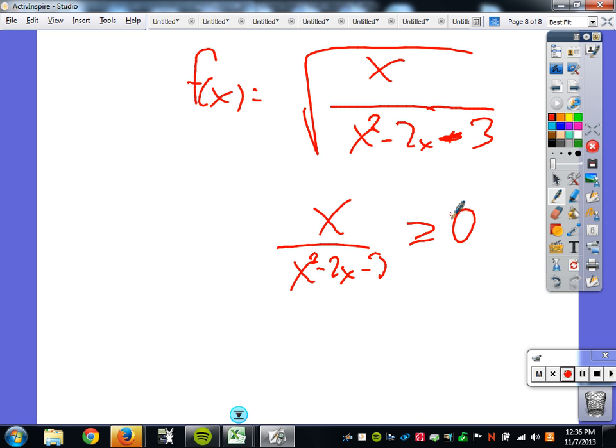Okay, ladies and gentlemen, you are on 2-7. You're doing 1 through 53, every other odd. And then 55 through 59, you are doing